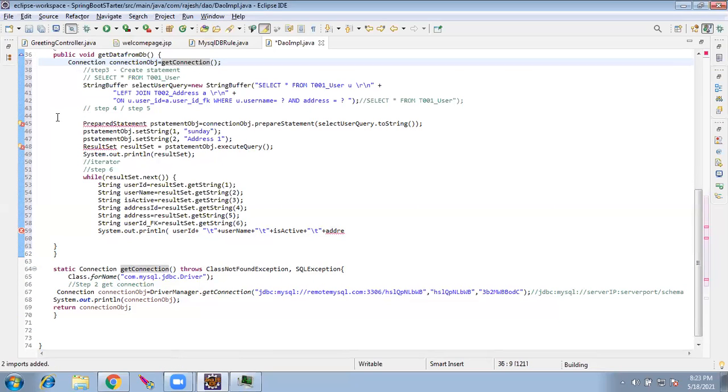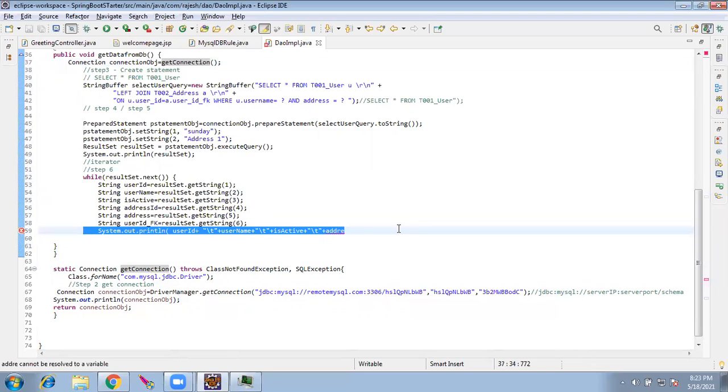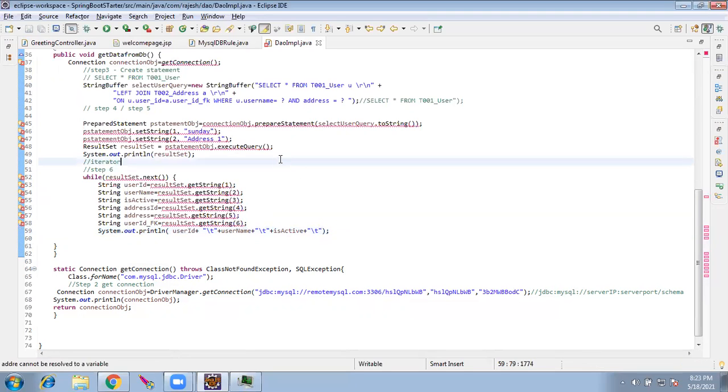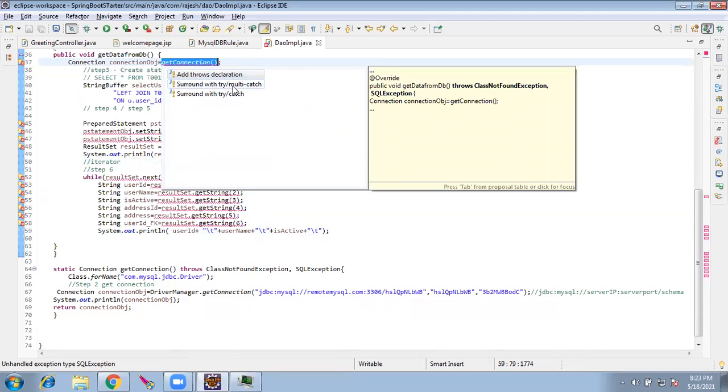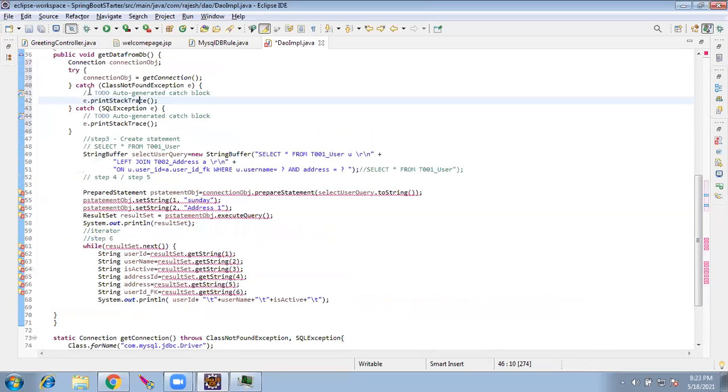Now importing the PreparedStatement. Okay, good. So everything is done. I can remove this, or I will just retain this just to ensure that the output is coming. Okay, what is the error? Throws. I'll do a surround with try catch.